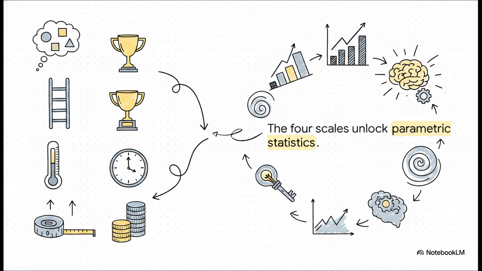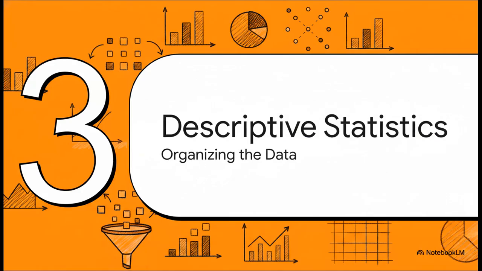so much more profitable. Moving past primitive nominal and ordinal data into continuous interval and ratio data is what actually allows you to run powerful parametric statistics. It is quite literally the difference between just describing your data and actually unlocking its deepest secrets. Section 3. Descriptive statistics. Now that we've carefully collected our data using reliable, high-level measurements, it's time to organize the chaos.